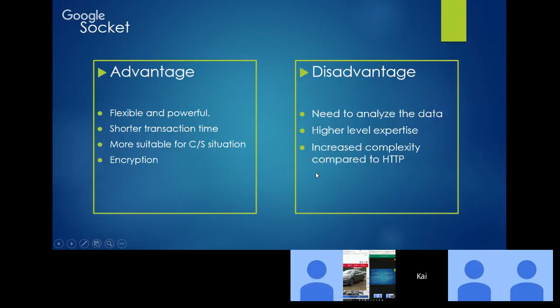complexity compared to HTTP. HTTP is the pretty normal, usual connection method, back to like 8 years ago, before WebSocket was developed. So HTTP was the main connection. HTTP is simpler than the socket. But okay, speaking of HTTP, that will bring up my next topic,